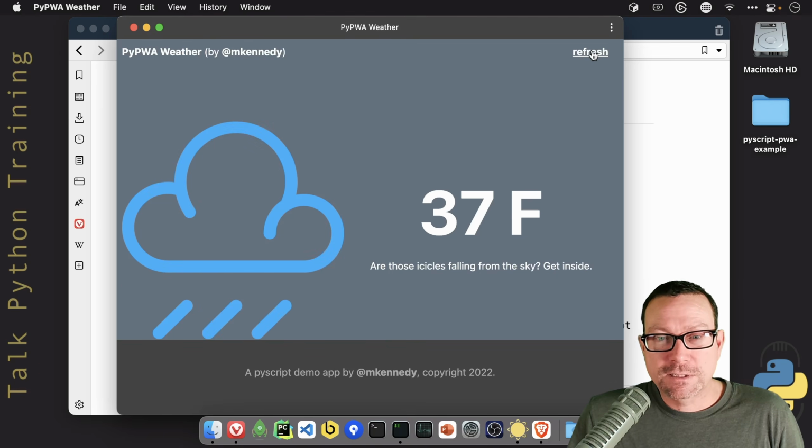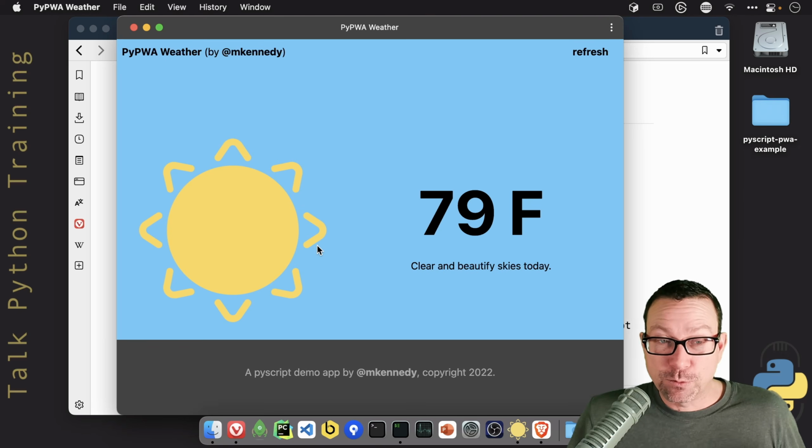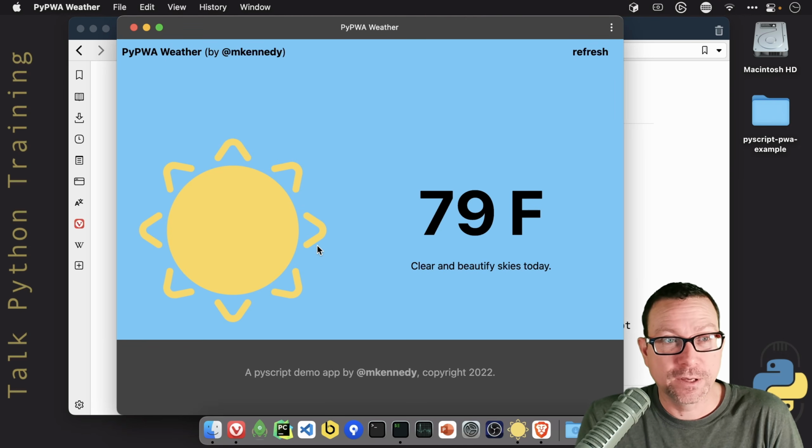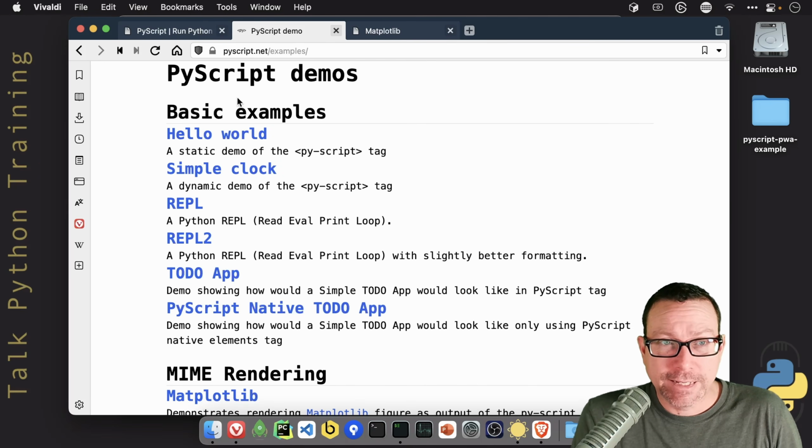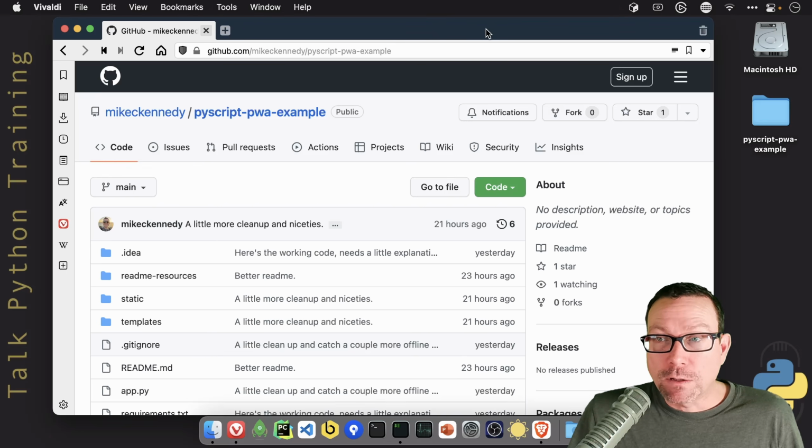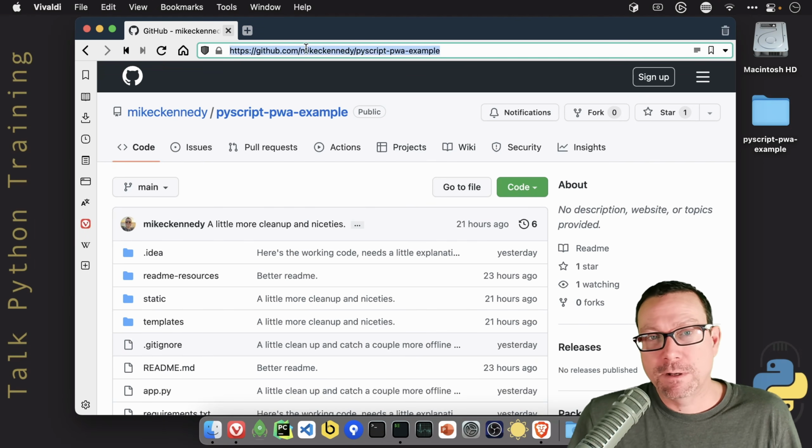This thing looks much more like an app that you would expect to use as a web user, not a data scientist. All this stuff over here is very data science focused, but there's some cool possibilities to do just regular Python. Now, all of this code is over here on GitHub,